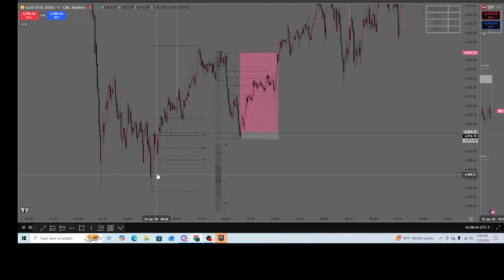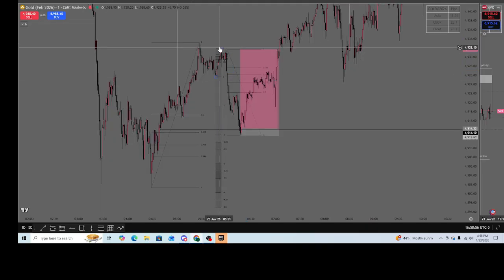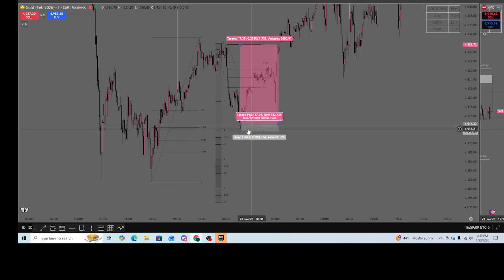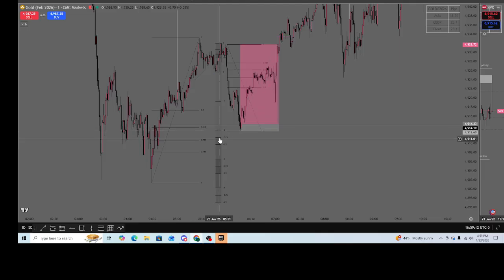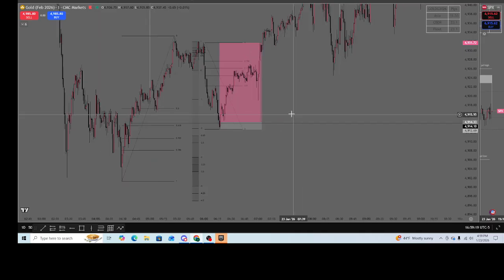So we see early in the morning, we get this little stretch back up, and then we come into this consolidation, and then we get this manipulation out right here. So I draw my standard deviations from the top to the bottom of that manipulation, and then I draw my OTE over this whole range. The 0.618 is aligned right with this gap, and right inside of that is my -2 standard deviation.